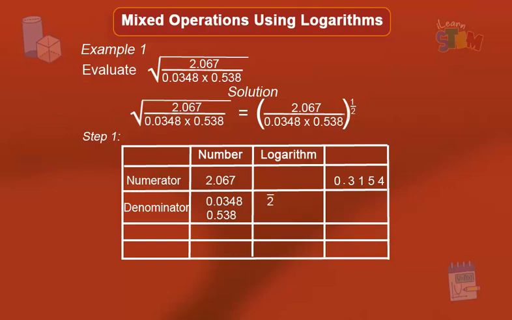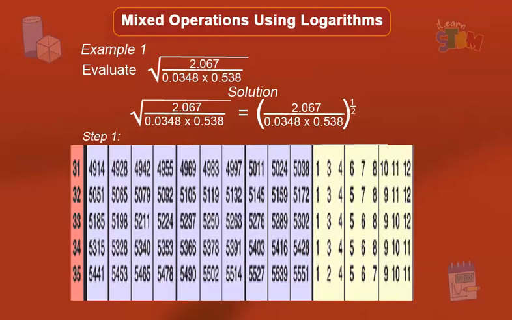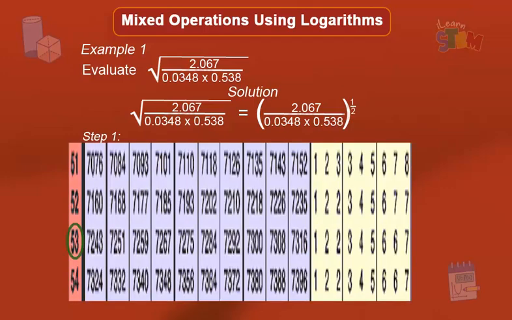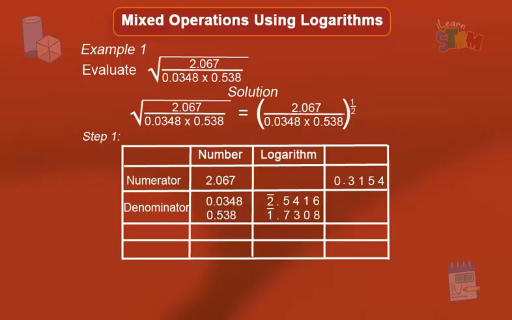Let's now solve for the mantissa. To get the mantissa, we will read from tables. Log 34 under column 8. Our answer is 5416. We will do the same thing for the second number. The characteristic of the number 0.538 is bar 1 because we get to 5 right after the decimal point. So we count only one place. Let's now solve for the mantissa. To get the mantissa, we will read from tables. Log 53 under column 8. Our answer is 7308. Because we are multiplying the numbers in the denominator, we will add the result of the